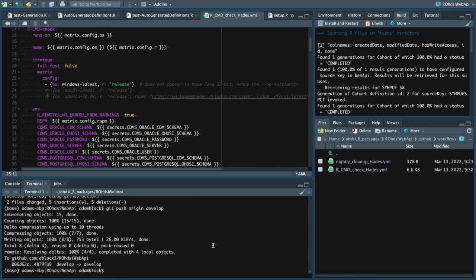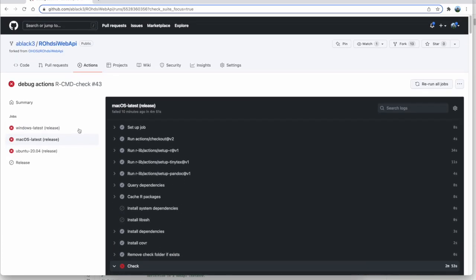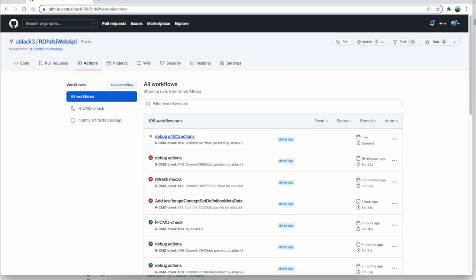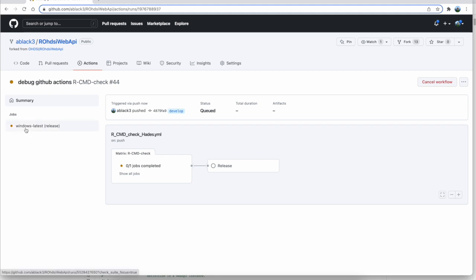Okay, so I pushed it back to GitHub, and now we go back to actions. And we see now we're only running on Windows, so we don't need to waste computation time. Even though these do run in parallel, there's no reason to run all three of them when we're just trying to get the test to work. Once we get it working on one, then we can run it on all three, and we definitely need to make sure that it passes on all three before we